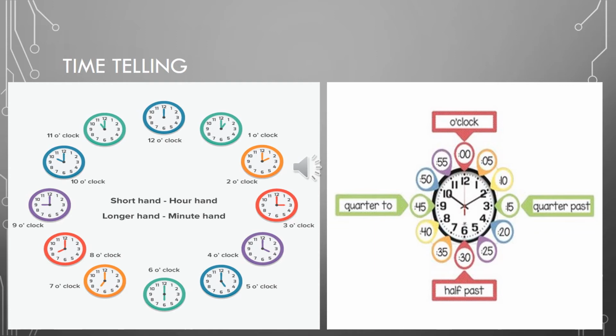Done. हमारा 1 घंटा कितने मिनट के बराबर होता है? 60 मिनट के बराबर होता है. ठीक है, that's why we write over here 00. Done. I hope it is clear to you.